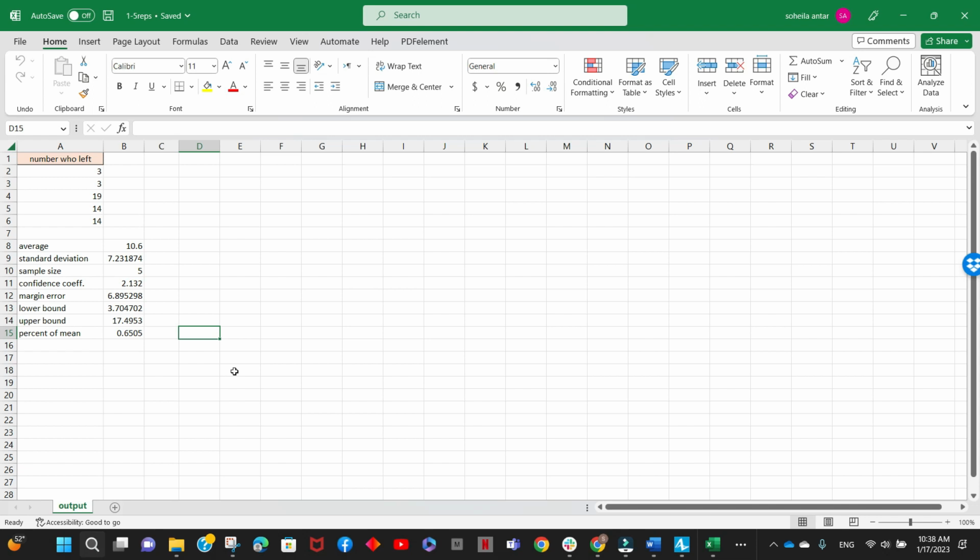So this means that our mean will be anywhere in between 3.7 and 17.49. In order to have a better idea about how much our margin of error is with respect to our mean, we can calculate it as a percentage. As you can see, the percent of the mean is equal to 0.65 or 65%, which means, in other words, that our confidence interval is going to range anywhere less or greater than the mean by 65%, which is definitely